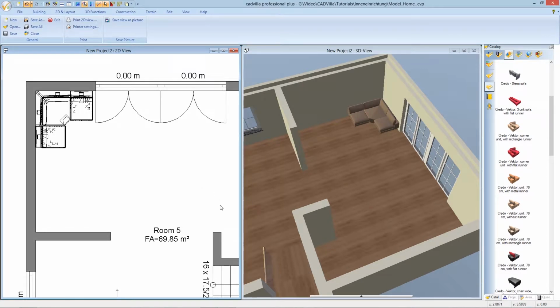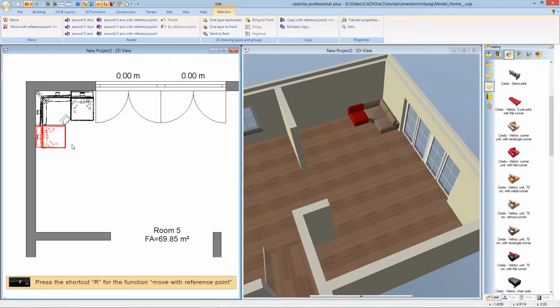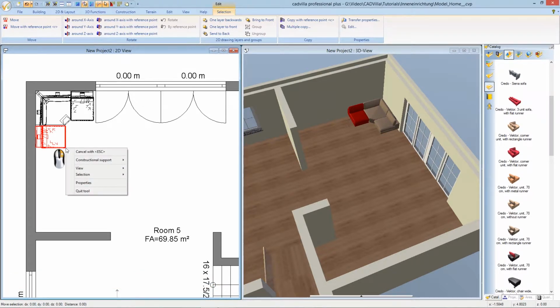Please note, there is also a more precise way to move the objects in the 2D view. Just for example, we select the seating unit again and we press the shortcut R for the function Move with Reference Point. Now we press the right mouse button and we select the constructional support. With the functions of the constructional support, we can position our objects more precisely. We press the Escape key,